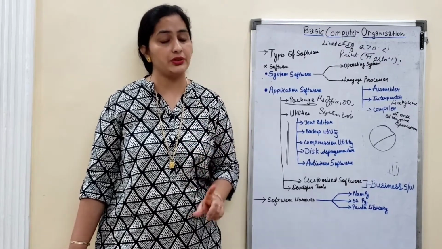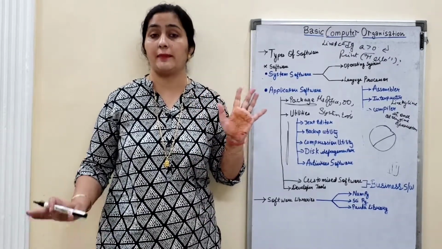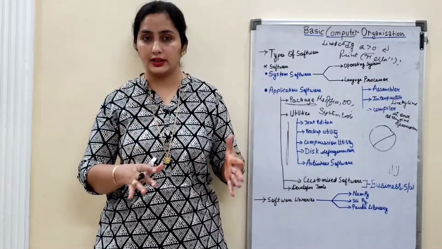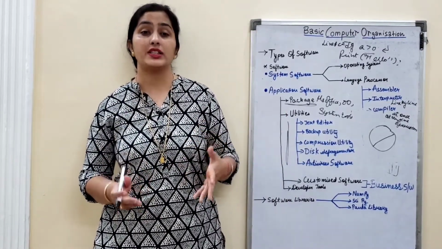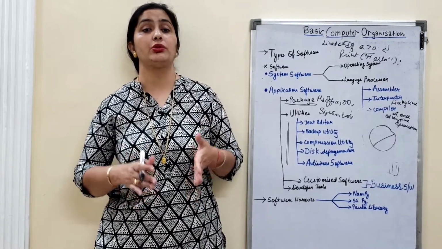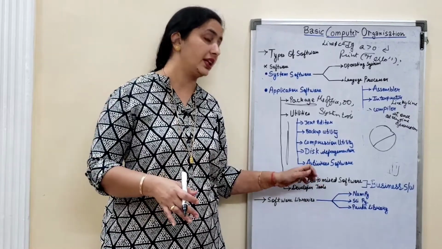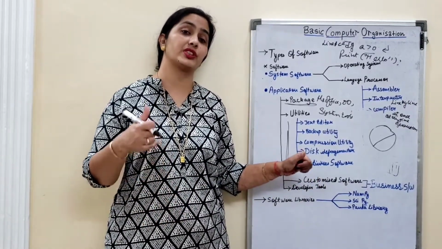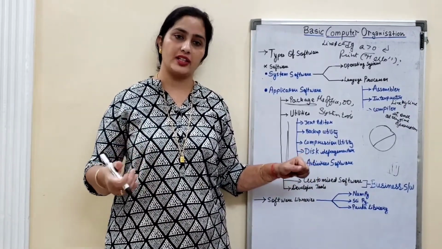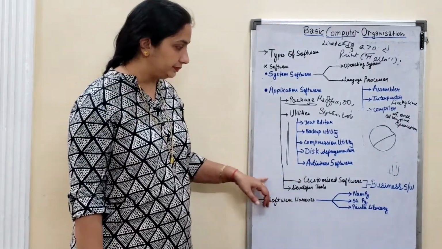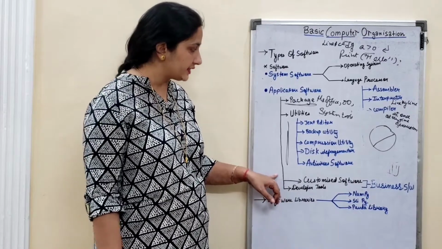If it is not able to delete, then it will give you the message that I am not that strong that I can delete a Trojan horse or this particular malware or spyware. So you need to use any strong firewall or something like that with the help of which you can delete. So antivirus software is going to scan your system and whatever virus it has, it will delete. Okay. Now next is customized software.